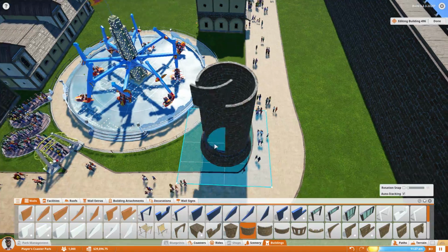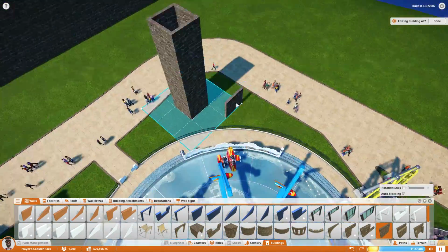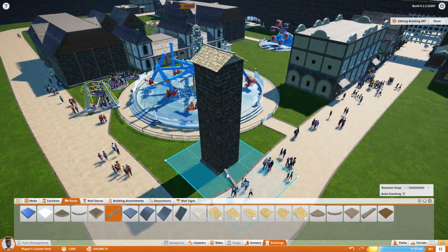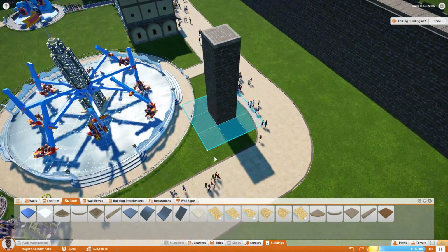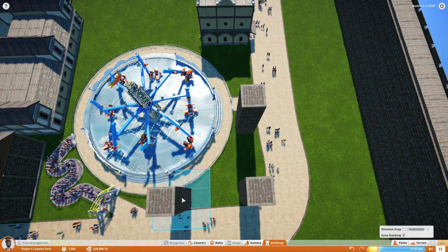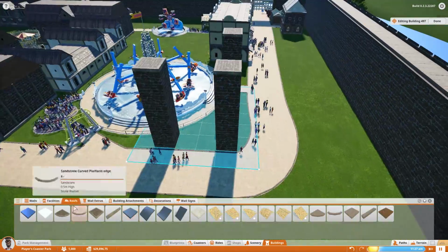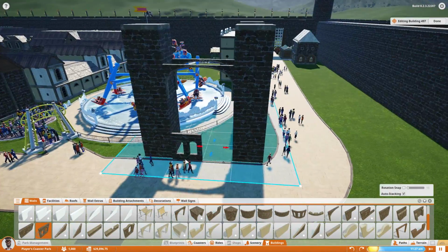We ended up building something a little weird. It's like a tower thing. My original idea was to make like a lookout tower, and then looking at some medieval designs and stuff, they had these cool bridges like in between buildings, and so I want to do something with that. You'll see it evolve in a bit of an odd way, so think of it as like a weird lookout tower. I may use it to branch over the path to buildings in the future, but this was largely just